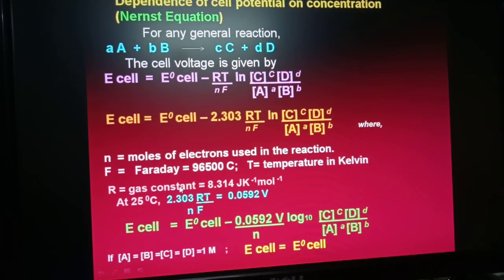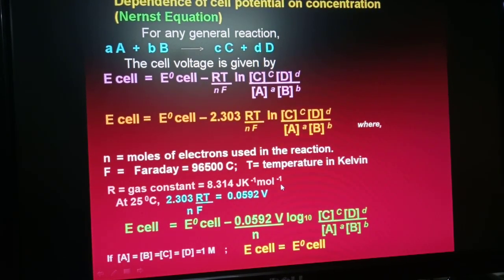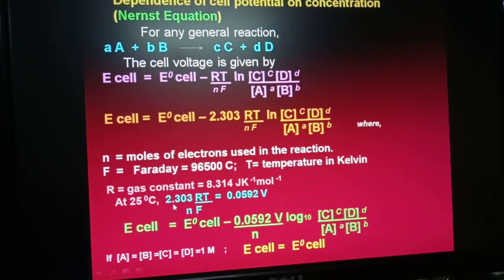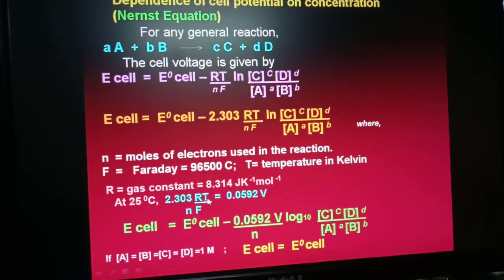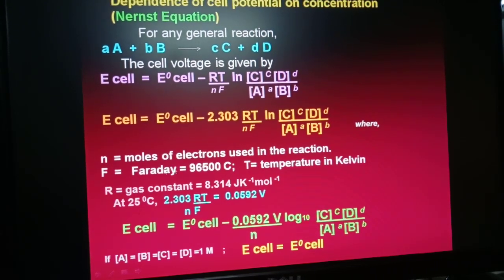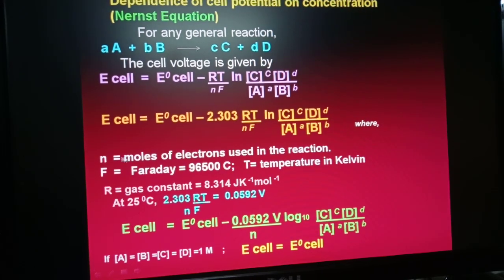R is the gas constant, which is equal to 8.314 joule per K per mole. At 25 degrees centigrade, 2.303 RT upon nF is equal to, you solve this by substituting the values of n, F, T, you get it as